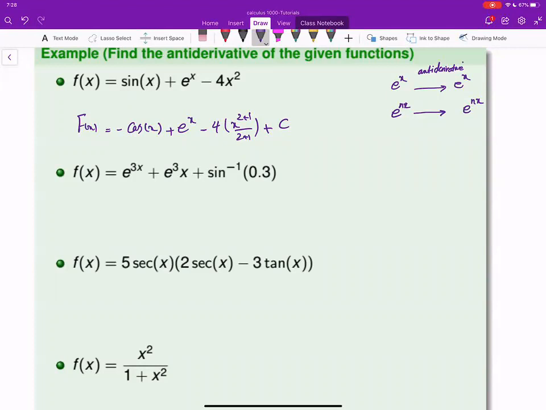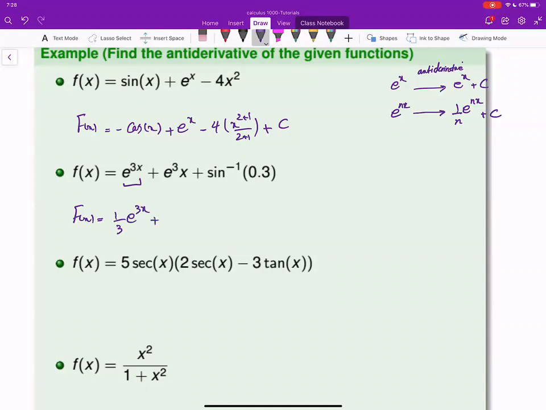In this case, the derivative of e to the power nx will be n e to the power nx. Just to get rid of that effect of the n multiple, we put 1 over n to make sure that we are good there. So here, the antiderivative of e to the power 3x is going to be 1 over 3 e to the power 3x